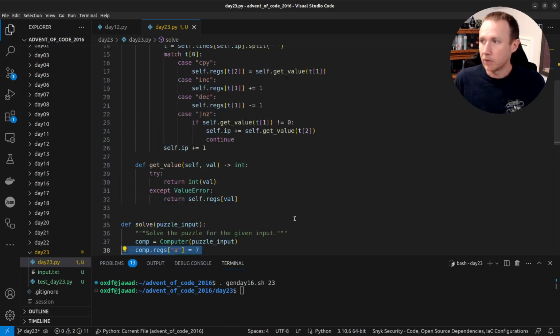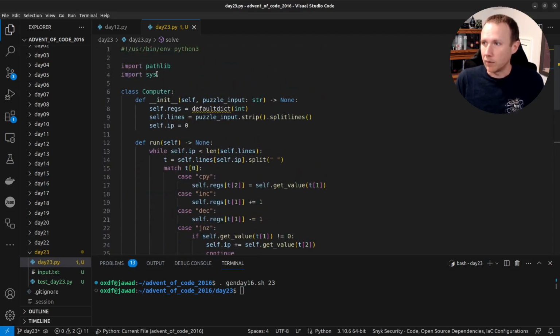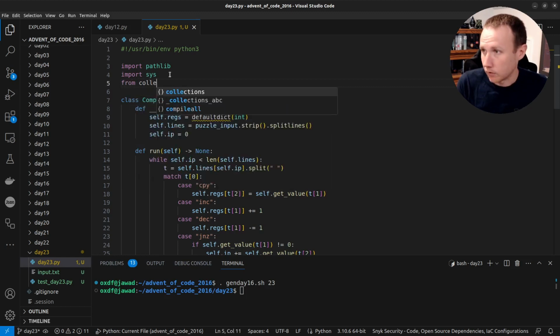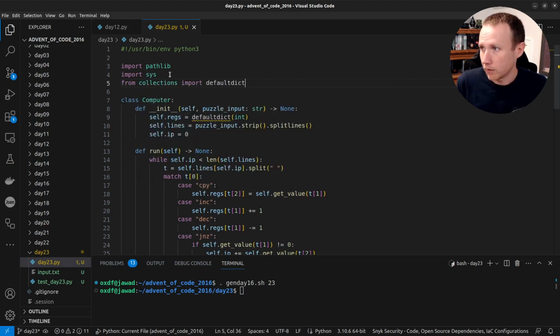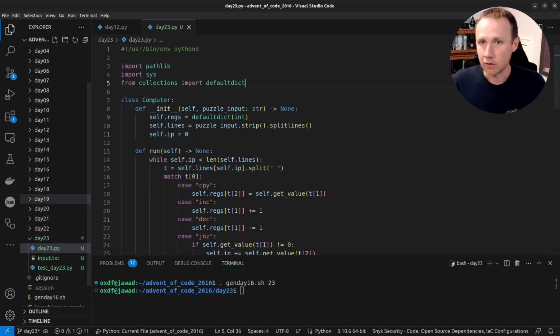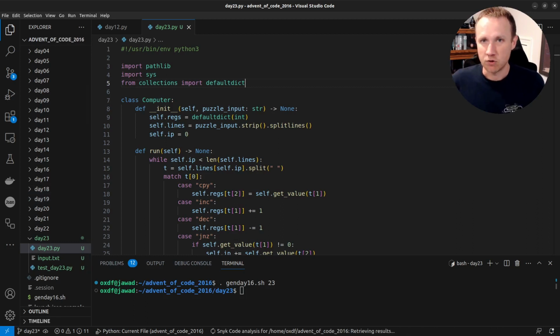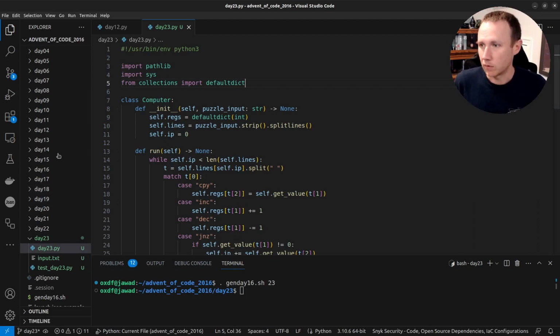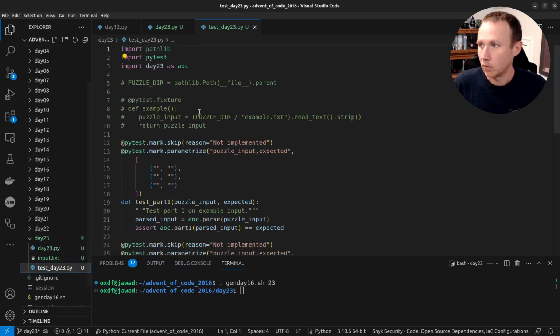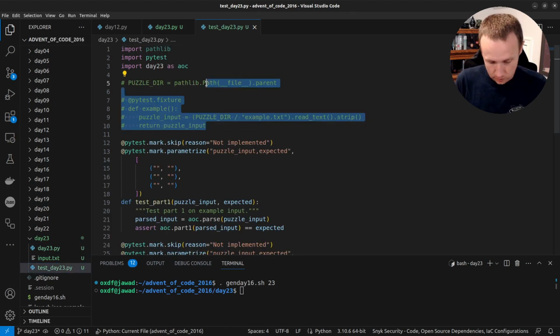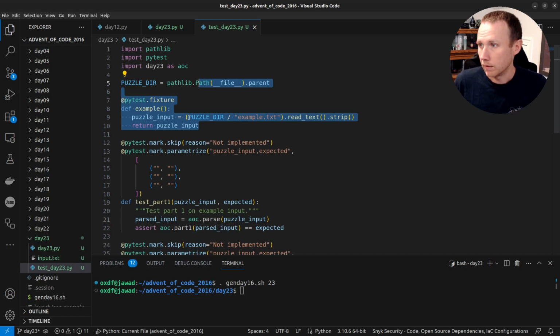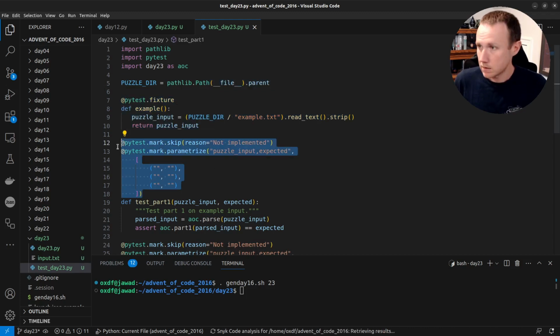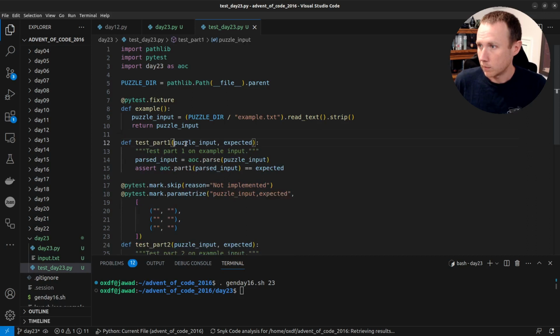Perfect. Okay. So this is all good, except we are now missing, let's see, from collections import defaultdict. We are missing our new instruction. And before we do that, let's go ahead and write the test for this as well. So we will go ahead and use this. We don't need all of this. We need test part 1. We take